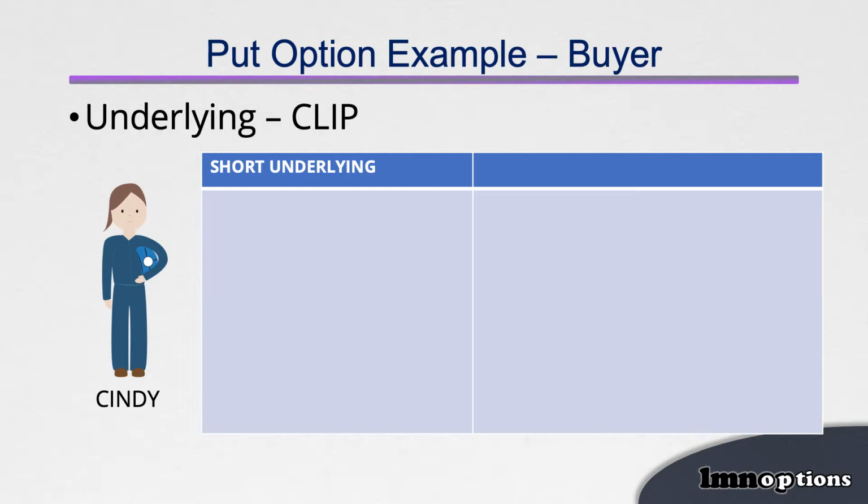Just to give a quick overview of what short selling is, short selling essentially is selling something first at a higher price with the intention to buy it back again when the price falls lower later. In order to short sell Clip, Cindy would have to borrow 100 shares of Clip and sell them in the market at today's price. And for this, she will collect $100 per share for 100 shares, and that will be a total receipt of